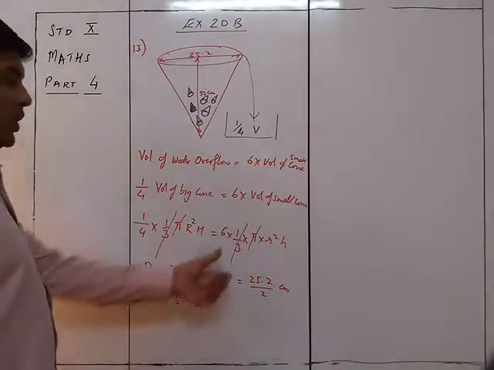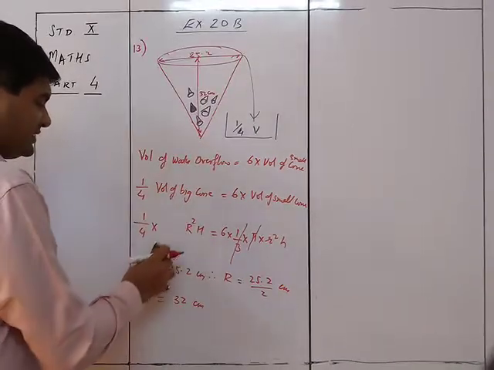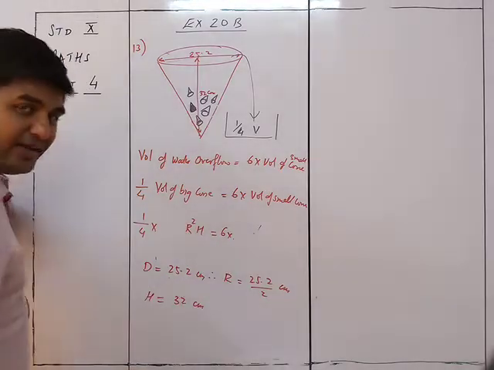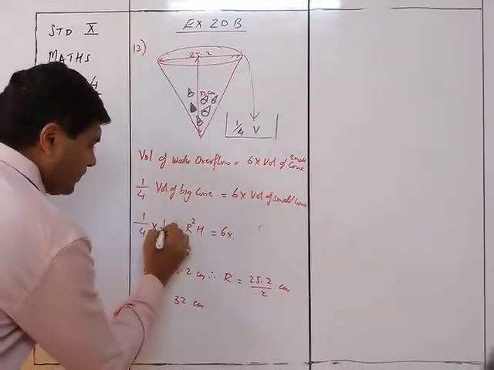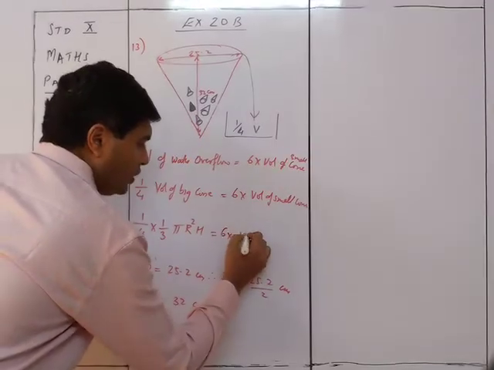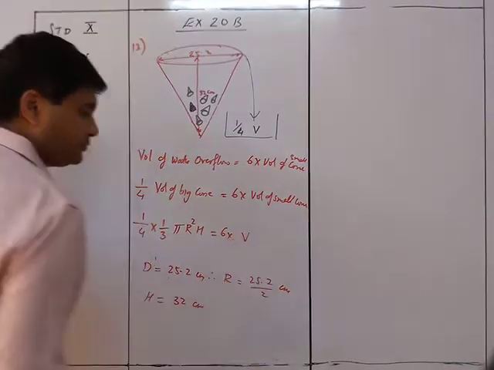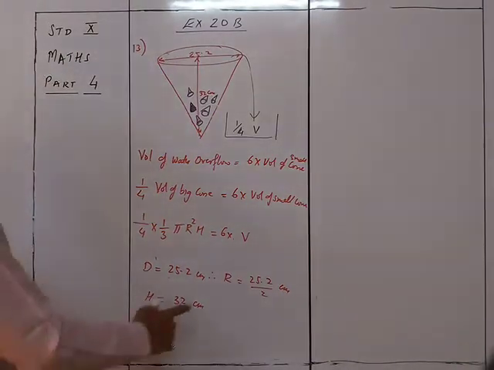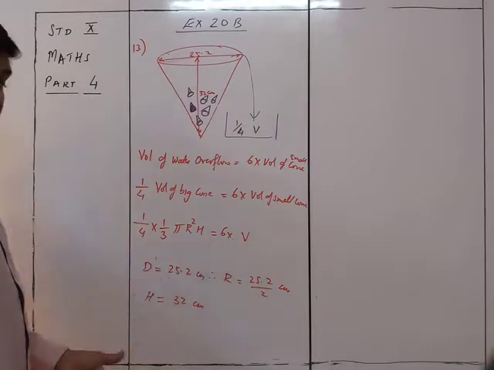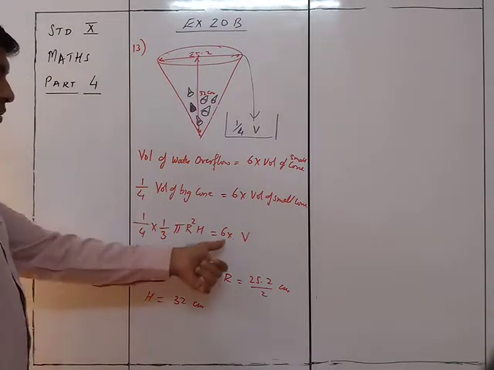Oh, we will not be able to do this. Over here we will just not be able to cancel this thing, because they ask the volume of each cone. We don't have the radius or something. So it is just 1/3 pi r square h is equal to volume. We can just say over here small v. We want to find out the small v. Okay, 6 into small v. Clear? 1/4 the volume of big cone is equal to 6 into small v.